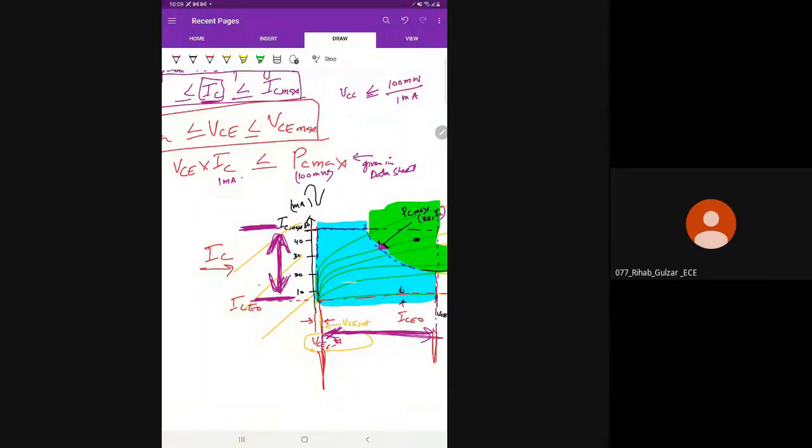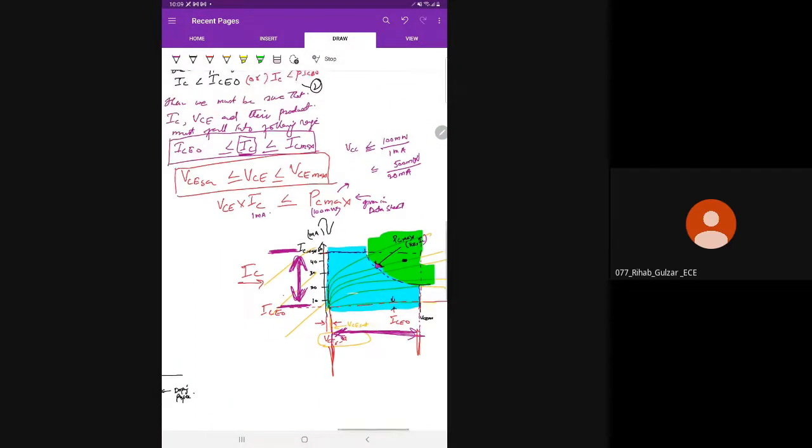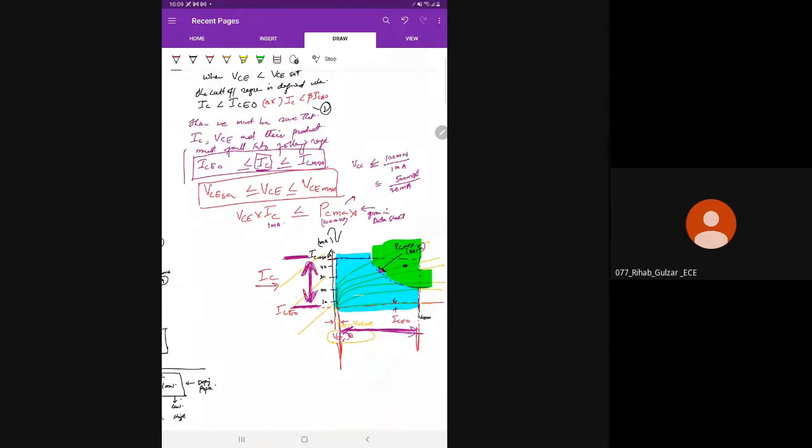मतलब उसी के अराउंड जो इस इक्वेशन से निकलेगी। अगर आपको दिया गया होगा डेटा शीट में कि PC max is 500 milliwatts, तो 500 milliwatts तो आपका PC max है, और आप दे रहे हो करंट, for example you are trying to give a current of 20 milliamperes, तो उसके कॉरस्पॉन्डिंग कुछ वोल्टेज मिलेगी, आप उसको नहीं कर सकते हो एक्सीड। आपको समझ में आया रेहाब? आपको समझ में आया? यस सर, समझ आ गया। ठीक है।